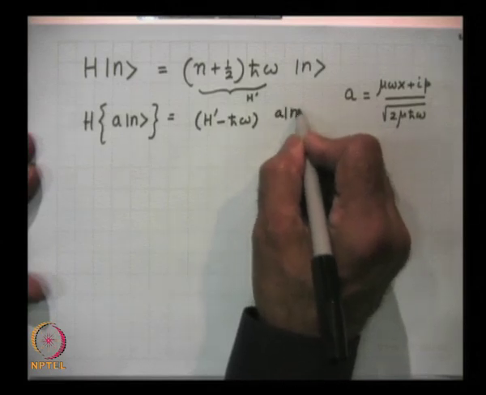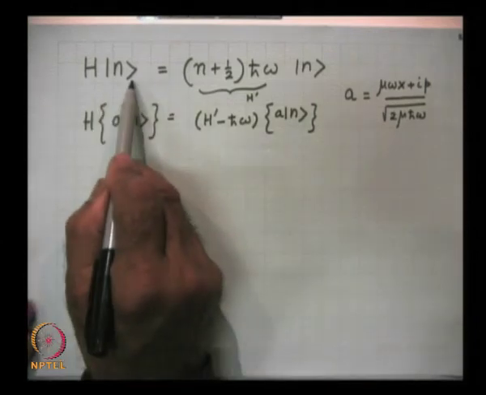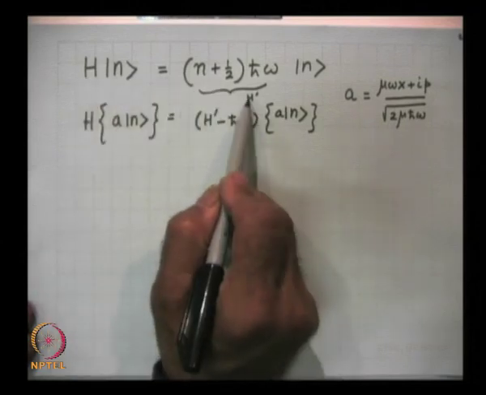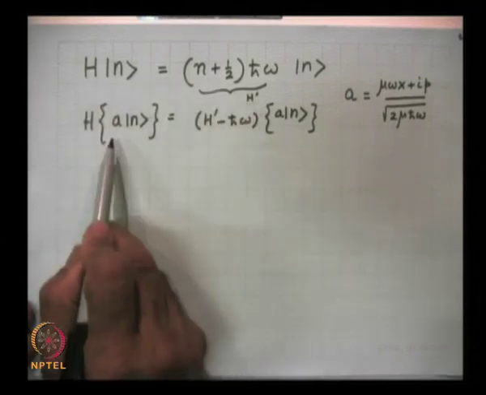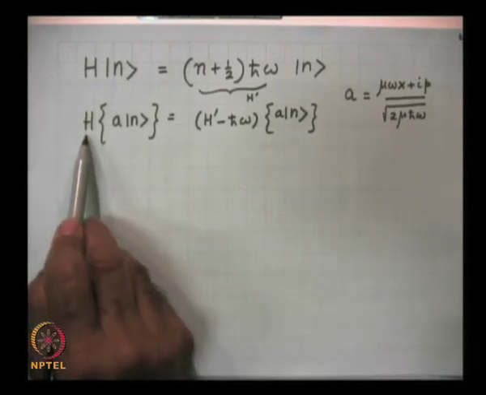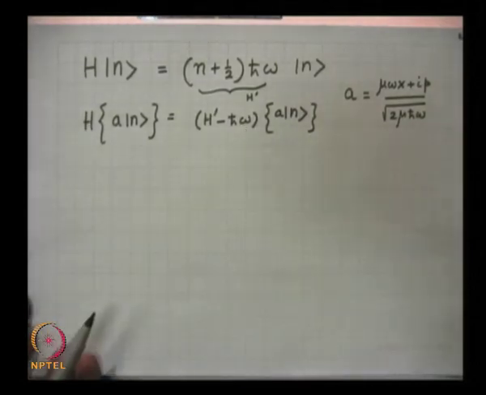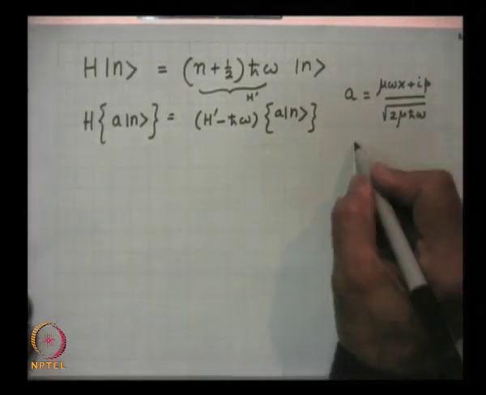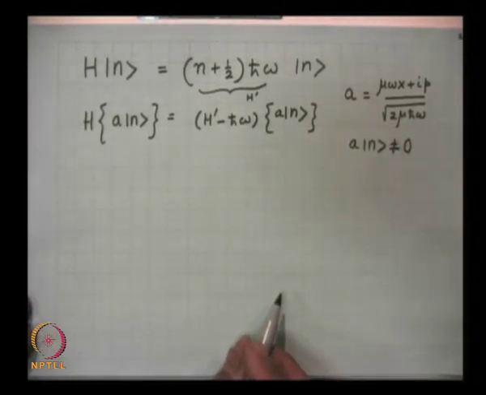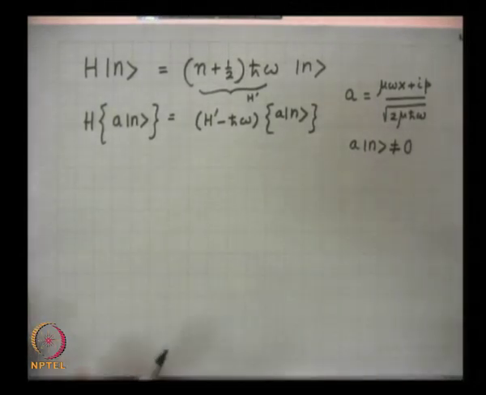So, if ket n is an eigenket of the operator H and the corresponding eigenvalue is H prime, then a ket n is also an eigenket of the operator H belonging to the eigenvalue H prime minus H cross omega, provided of course, as I had mentioned, that a ket n is not a null ket,